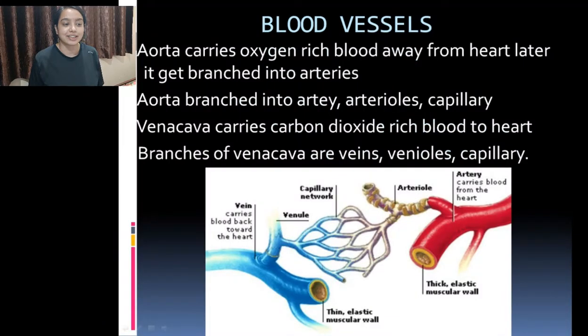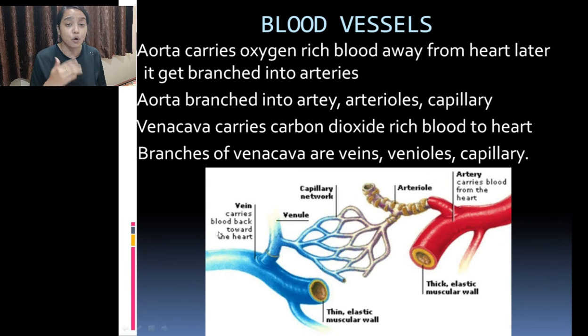Let us study the blood vessels in more detail. The aorta carries oxygen rich blood away from the heart. Later it gets branched into arteries. Look at the diagram. The artery carries oxygenated blood, and while entering an organ it gets fine and thin in comparison to the artery, and the artery is also thin in comparison to the aorta. So the arteriole, when going inside the tissue to supply oxygen, because it is carrying oxygenated blood, is converted into fine thin hair-like blood vessels called